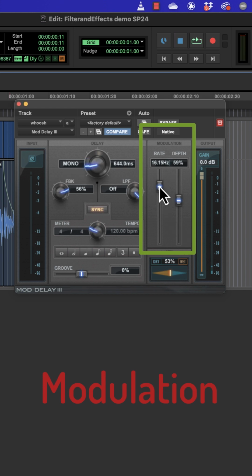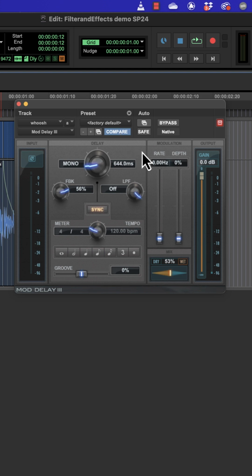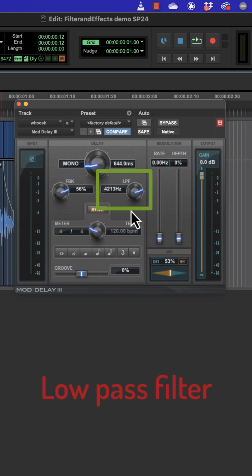If I bring it up quite high, a flutter. The other settings we have on the modulation delay is the low pass filter. If I bring the low pass to about 5,000-ish hertz, it rolls off any of the high end